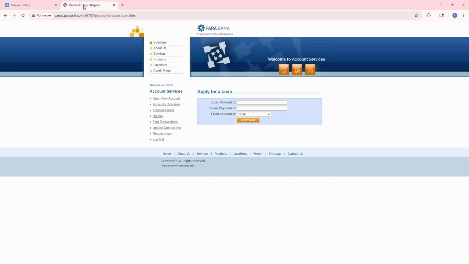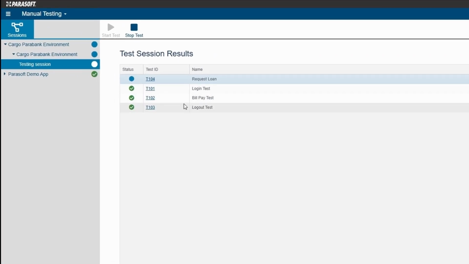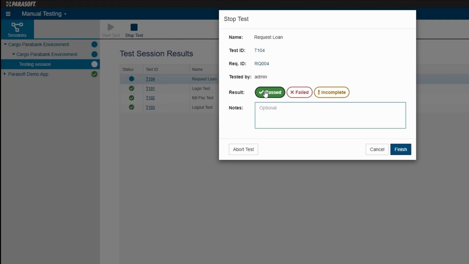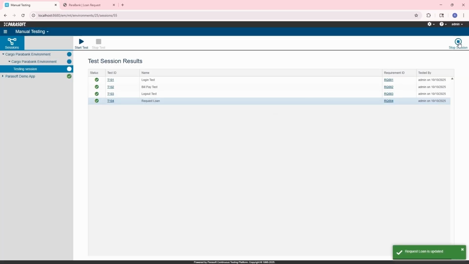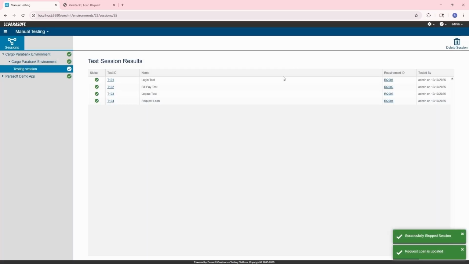As I execute my test cases, different sections of the demo application are being interacted with. Behind the scenes, the coverage agent is monitoring this activity, identifying which parts of the code are being touched and reporting that information back to CTP. Once I completed my test, I simply mark it as passed and stop the test session. At this point, we can confidently approve the release of the new build, but the real value of this coverage